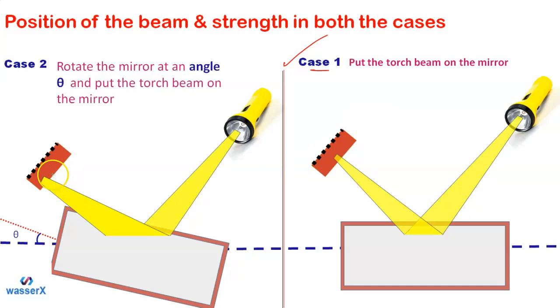In the second case, students, there is some shift in the position of the reflection, basically the beam here, after reflection. Why? Because there is some change in the rotation of the mirror, meaning the position of the mirror, which is theta degree here. And as you can see, there is a change in the brightness level as well. I hope, students, you have understood this heading very well.